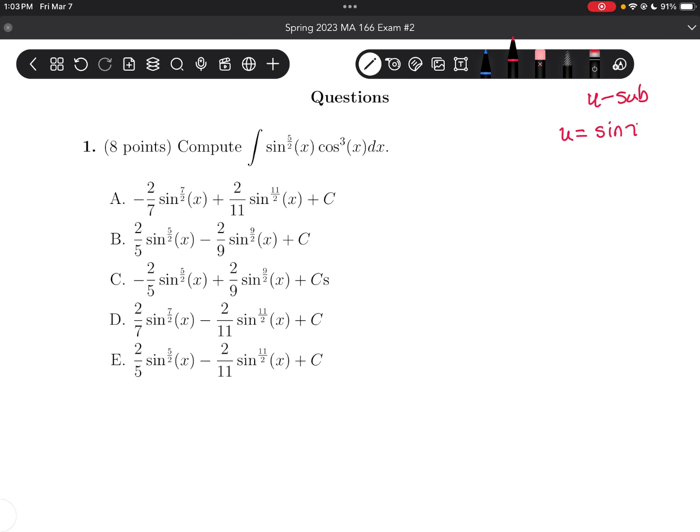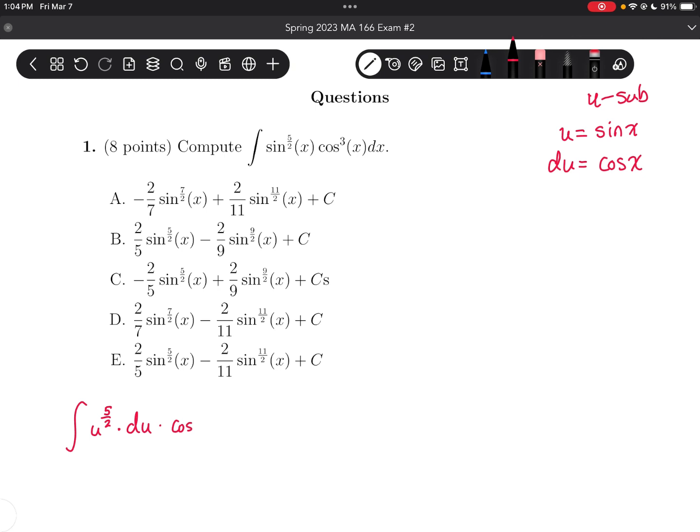to, in this case, sine of x, and then that would make du equal cosine x. Why u sub is a good choice in this case is because we have both sine and cosine in our expression. And since u is sine x and du is cosine x, that makes u sub a really good way to simplify this expression. Okay, so now if I simplify, we get u to the power of 5 halves times du,